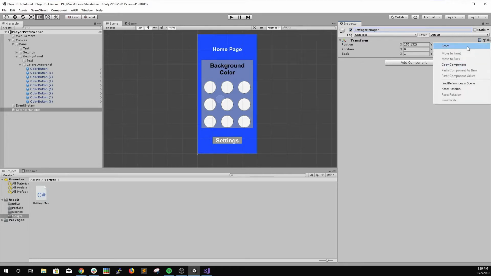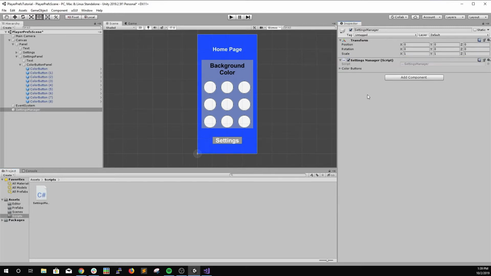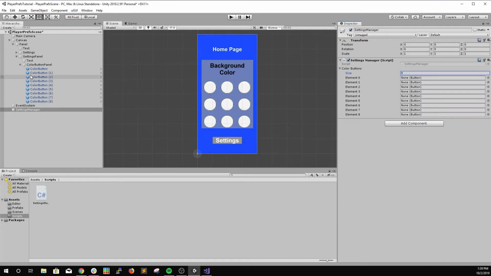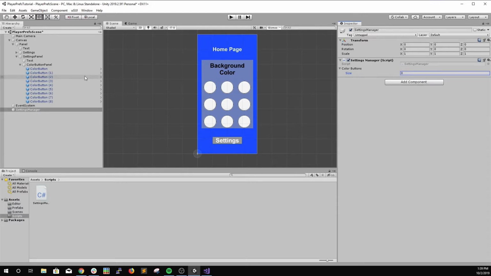I'm going to reset its position. It starts at a weird position, 0 is just so we can find it easier, not that we need to. And then I'm going to plug in this script, this settings manager. And let's put in all of our buttons. We have 9 buttons. And you could put each button in individually, but a nice trick, actually I should delete this 9. A nice trick